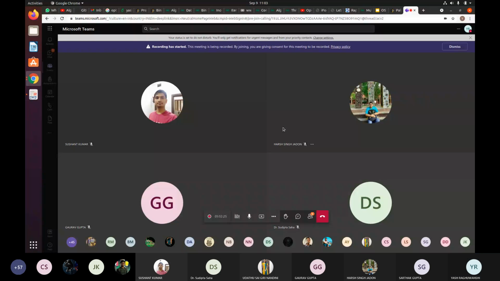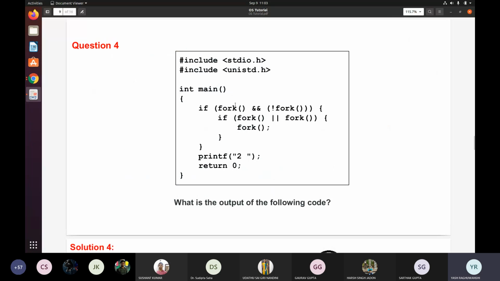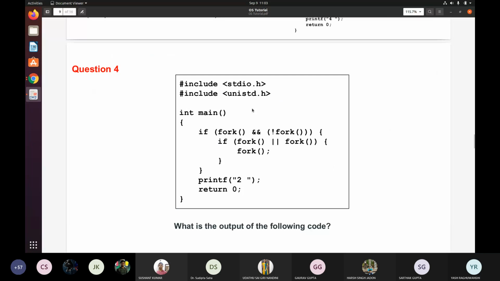So I'm moving to the fourth problem. It is also a similar type. I think this will be a little easy for you guys, because I've explained the same thing earlier. Just try it. Okay,